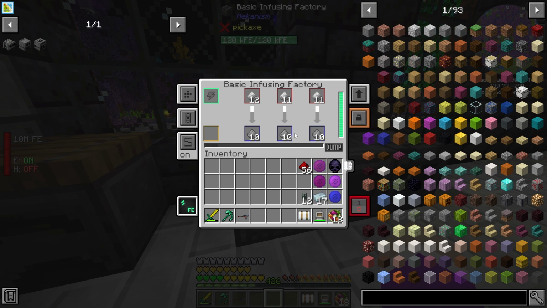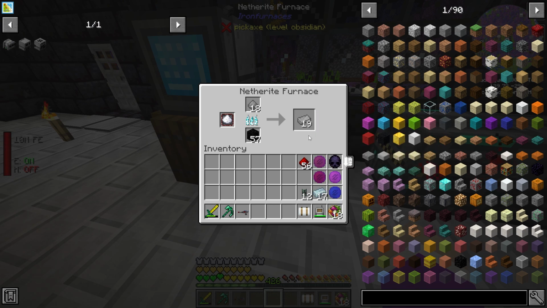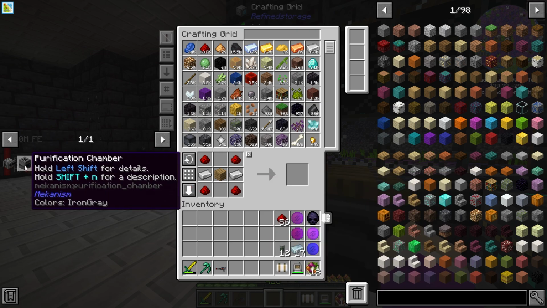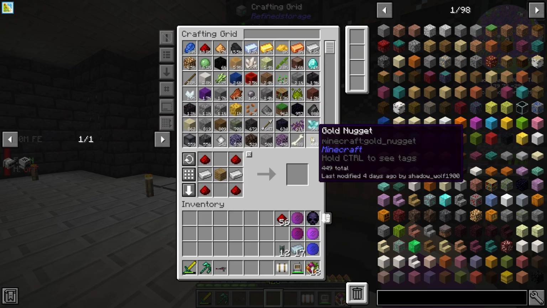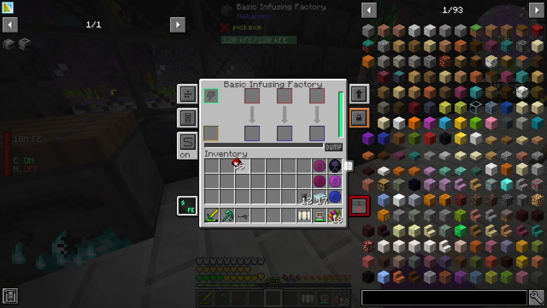So now we don't have to wait for all this to smelt out. We can actually just take this steel dust already, fill this up like that. Now put that in there, and I've just made the energized smelter. Oh wait, no, I didn't. Never mind. Well, we can make this now. Oh wait, no, we can't. Okay, smelt this, and we'll just make...